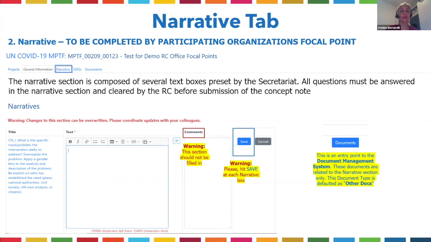So the sections highlight in the title what are the questions you are asked to respond to, and how. So the what and the how are indicated in the title section, and to facilitate navigation, when you hover around this title section, there is a detail of what you need to do in the narrative.